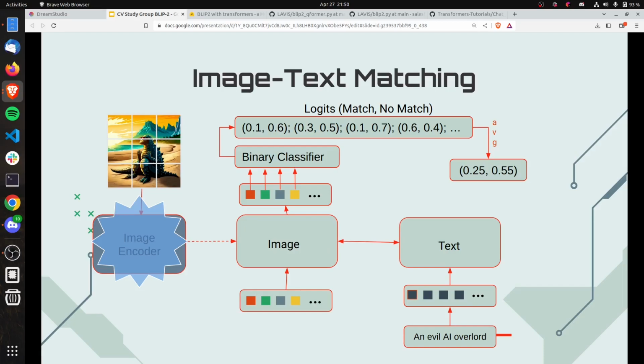Are the values all the same for all images? Yeah, in a way they are. Once you have learned the whole thing, these query tokens have some values that are set. And then when you do inference, of course, the image encoder again has a cross attention and will change the token values according to what the image is like. But the initial value is the same for all images.